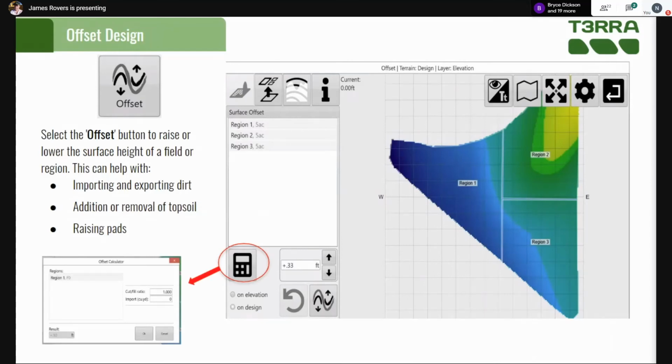Select the offset tool to raise or lower the surface height of a field or region. This can help with importing and exporting dirt between different field regions and sections, addition or removal of topsoil, and for pad building. You can manually enter the desired offset amount, which can also be adjusted in the set increments